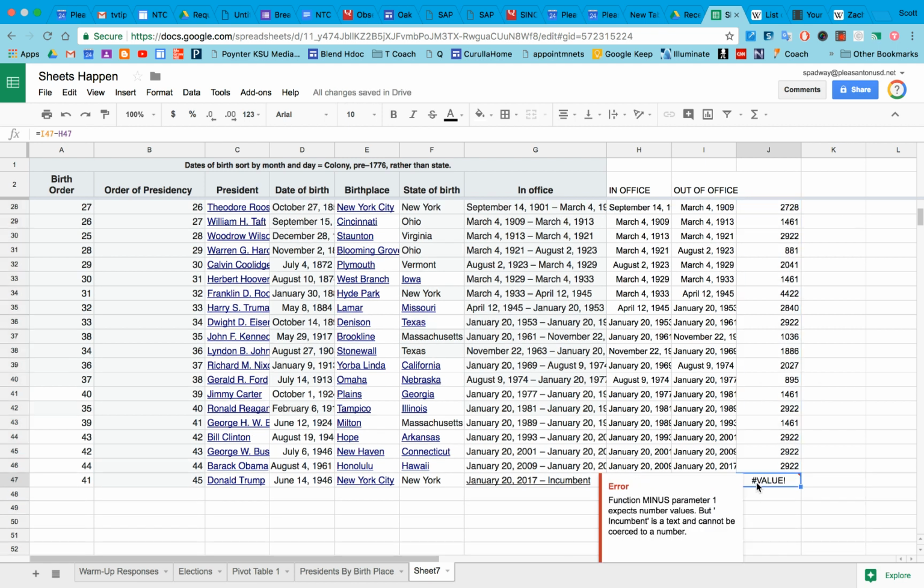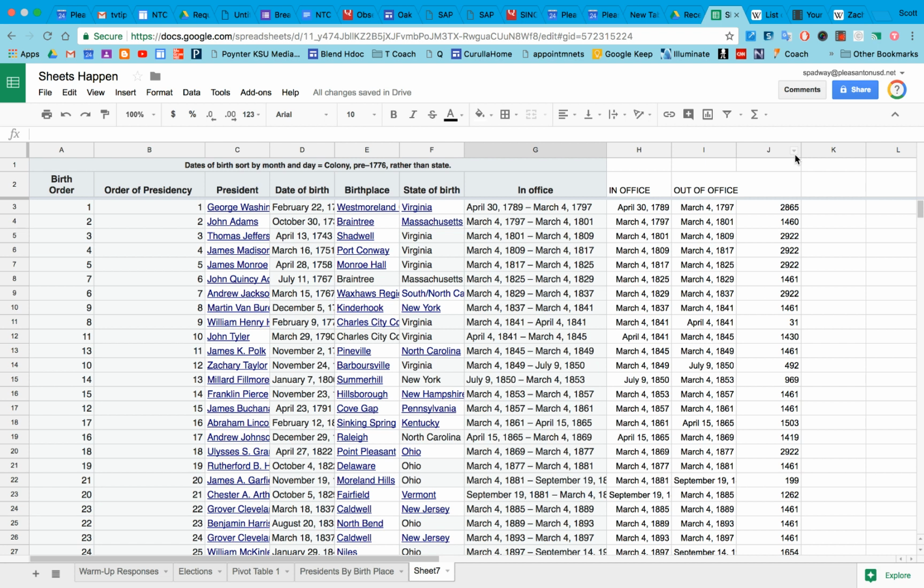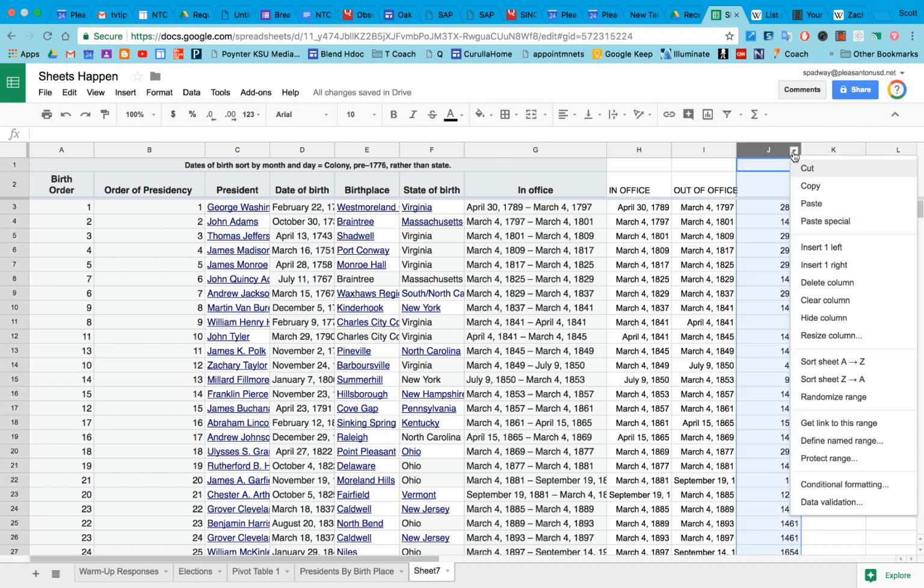Now notice Donald Trump does not have a value here. It says there's an error, but that's because he is currently the president. So there is no out of office date yet. So he's going to be the anomaly on here, and we will not know with him for sure until his presidency is over. So I can do a couple things now. Is I can sort